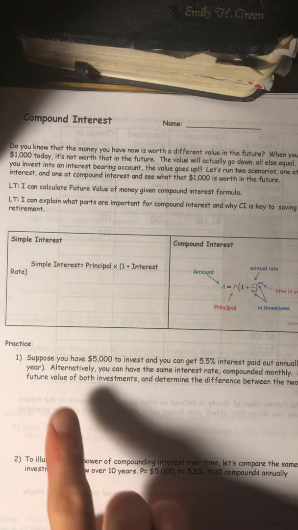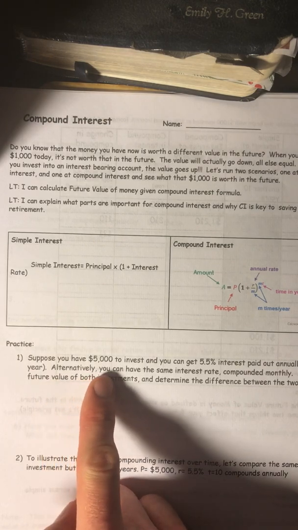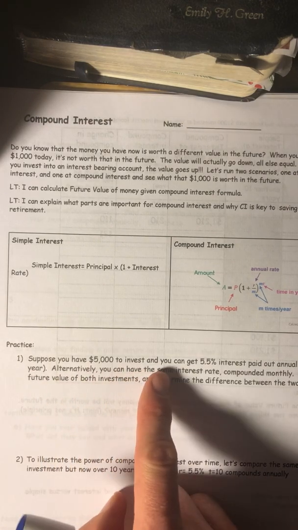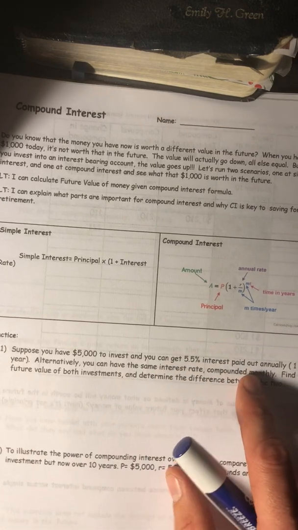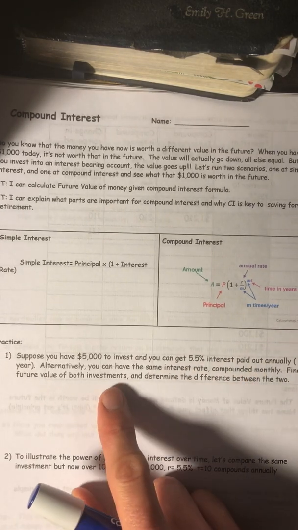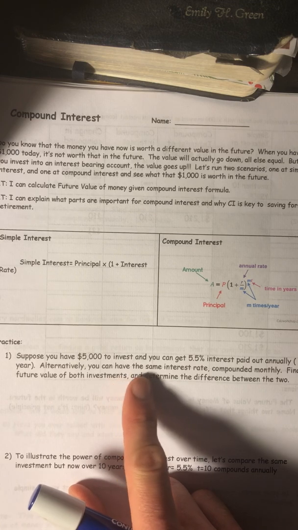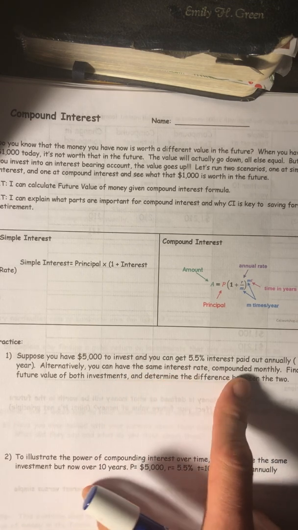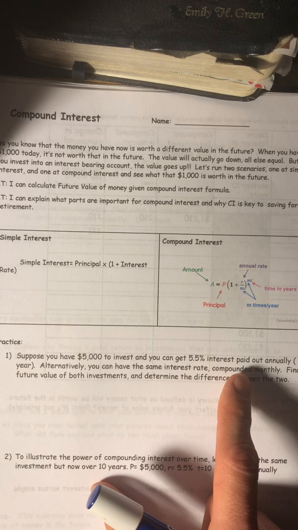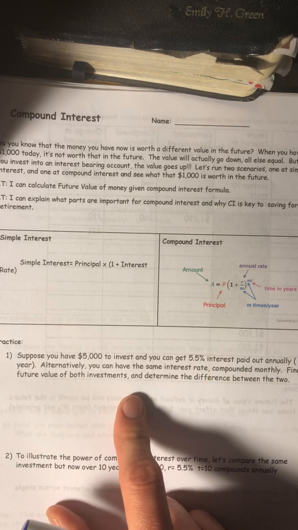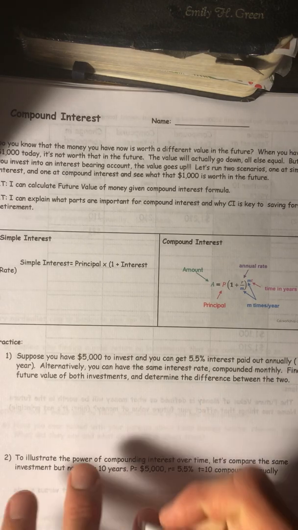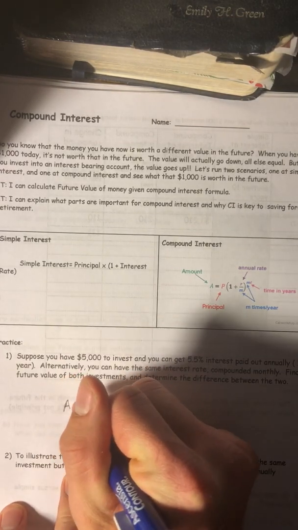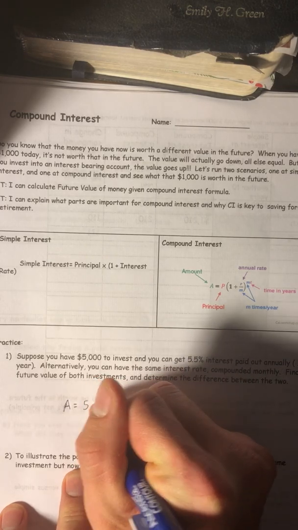Okay, question 1 says, suppose you have $5,000 to invest, and you can get 5.5% interest paid out annually for 1 year. Alternatively, you find that you can get the same interest rate compounded monthly. So this is asking you, what's the difference between compounded monthly and compounded annually? Is it a big deal? Is it worth it? So the amount is going to be equal to the principal, which is $5,000,